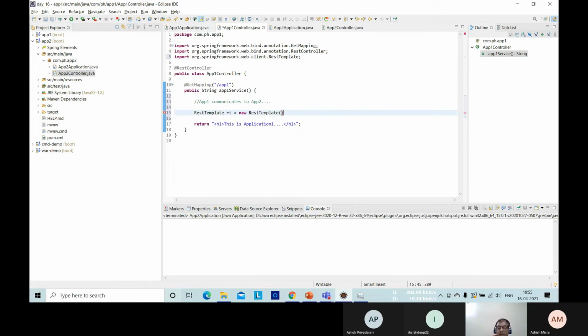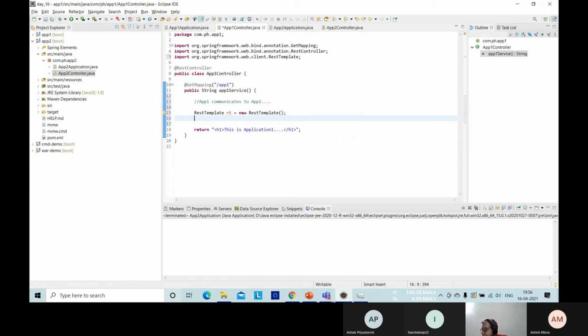So this is a class. Remember, RestTemplate is a central class of the core Spring framework, the main Spring framework.